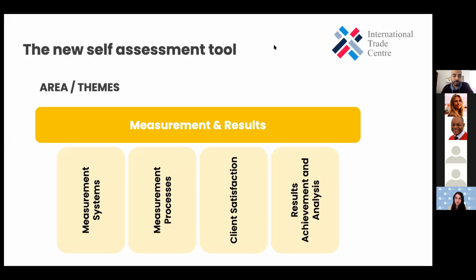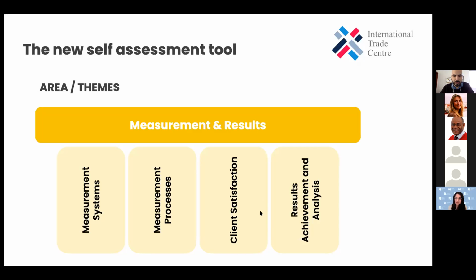Measurement and results. There is a saying that if you don't measure, it's not important. So if we're not measuring our results, if we're not using these measurements, we need to take a deep look at that. And being a hub manager myself, sometimes we're so busy dealing with all the things we have to do in our operations that we forget the importance of measuring and using those results in our strategy.